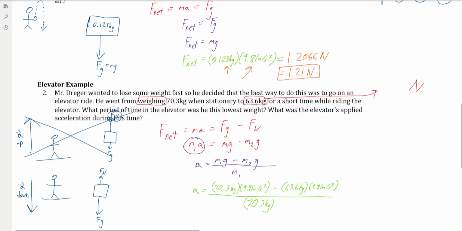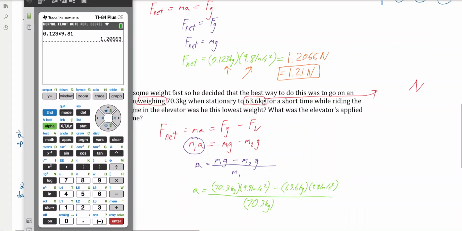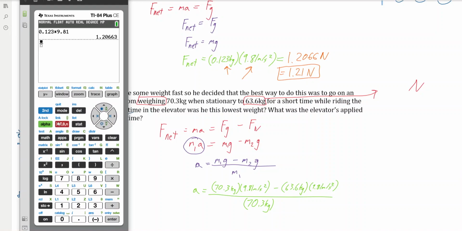Okay, now let's try this in our calculator. So we've got bracket 70.3 bracket 9.81 bracket minus 63.6 bracket 9.81 bracket over 70.3,